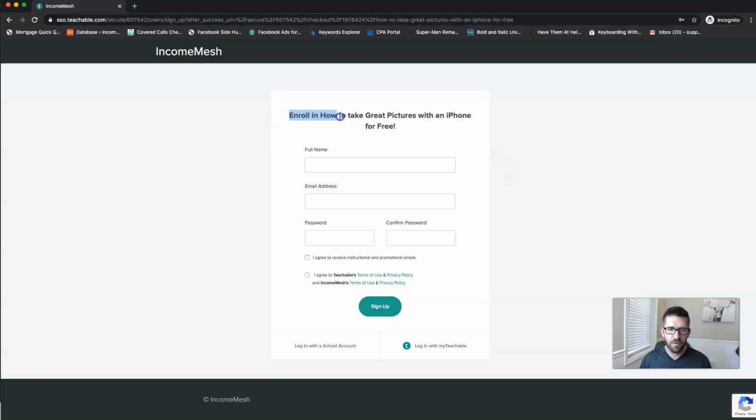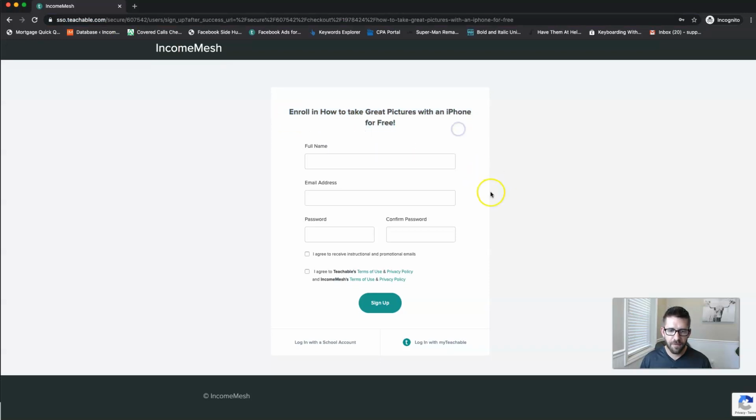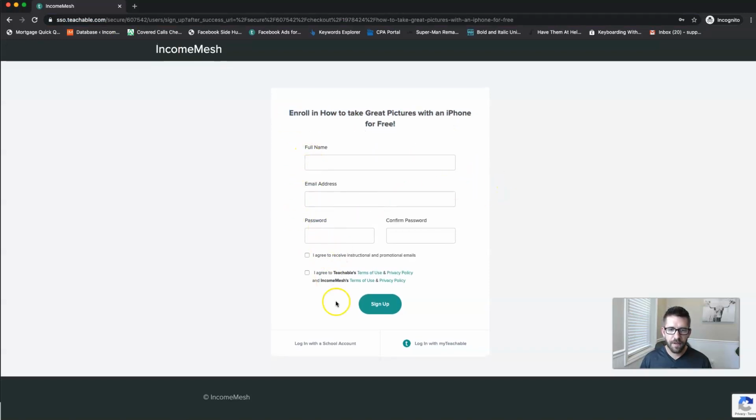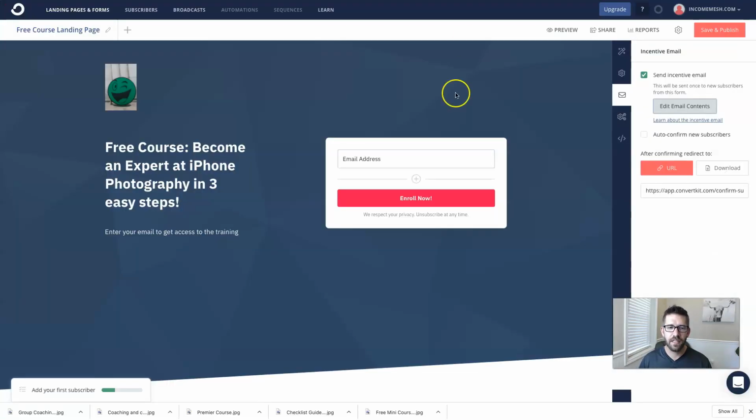But it's going to be very clear. Enroll in how to take great pictures with an iPhone for free. And there you go. And when they finish off this process, they'll be in your school, in your course, ready to rock and roll. So what we want to do now is we've got this link. Let me copy and paste that link, come back to the landing page. And when we, after confirming, redirect to a URL. I'll paste that there. And you can see now, once I receive that email, I'm going to go right to